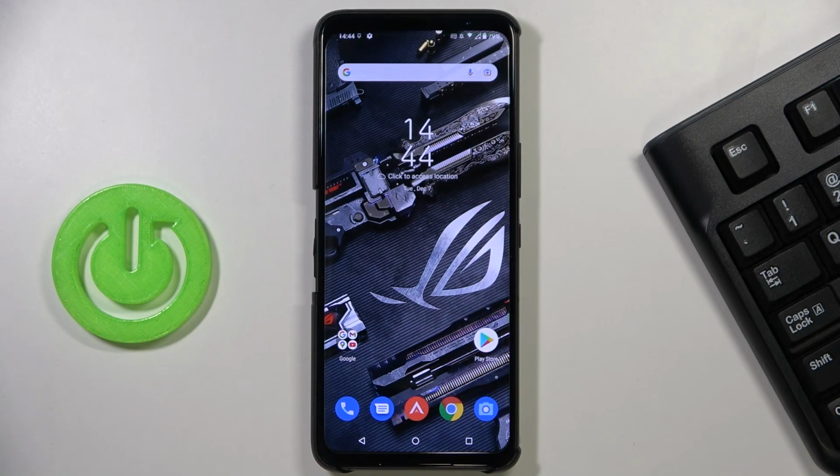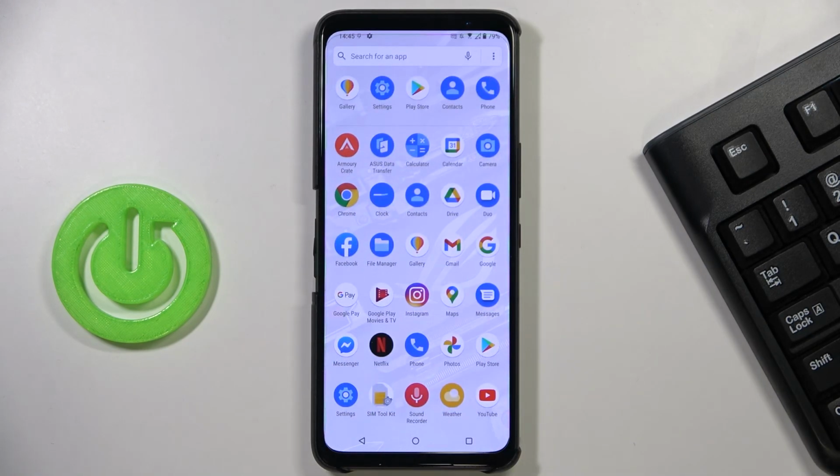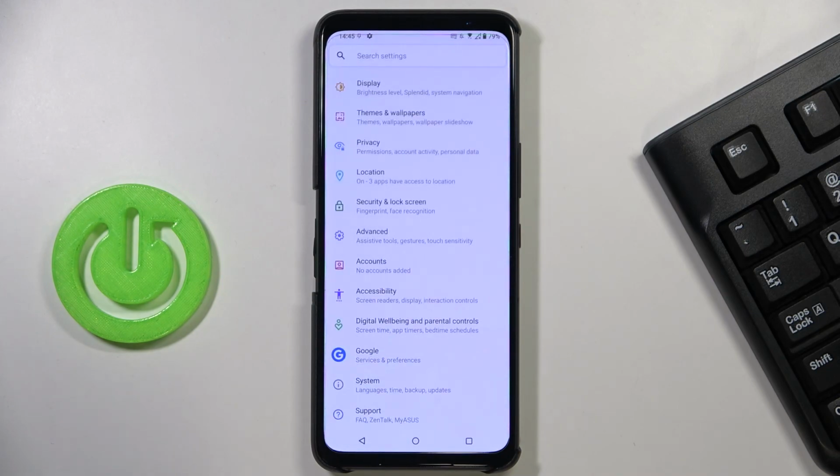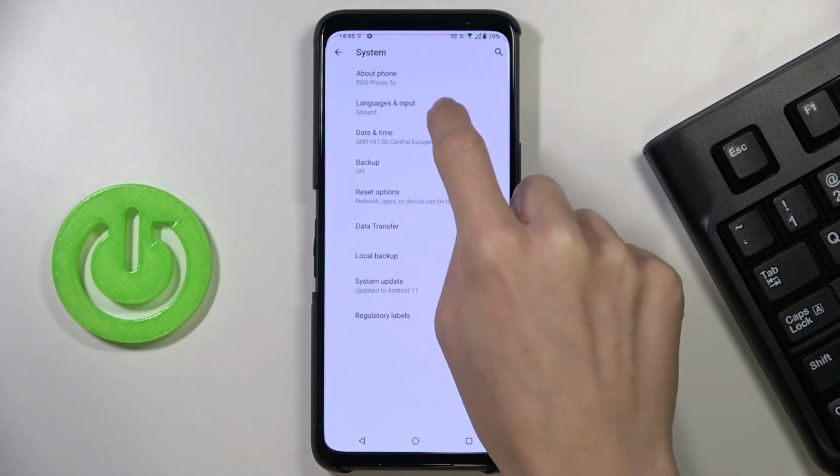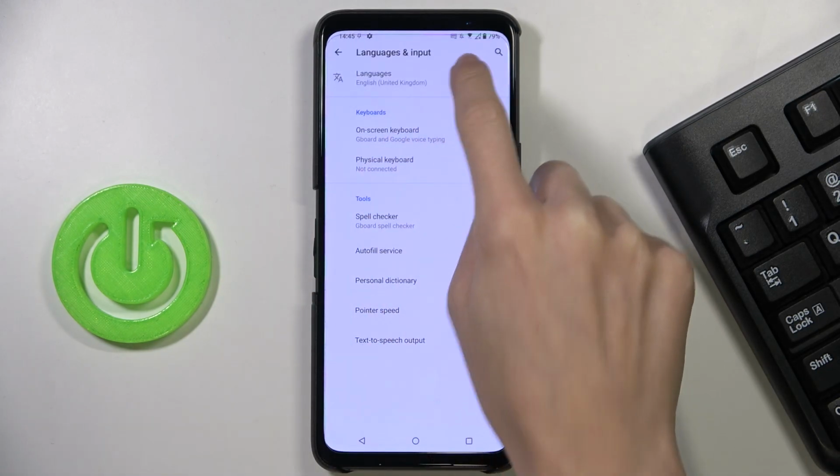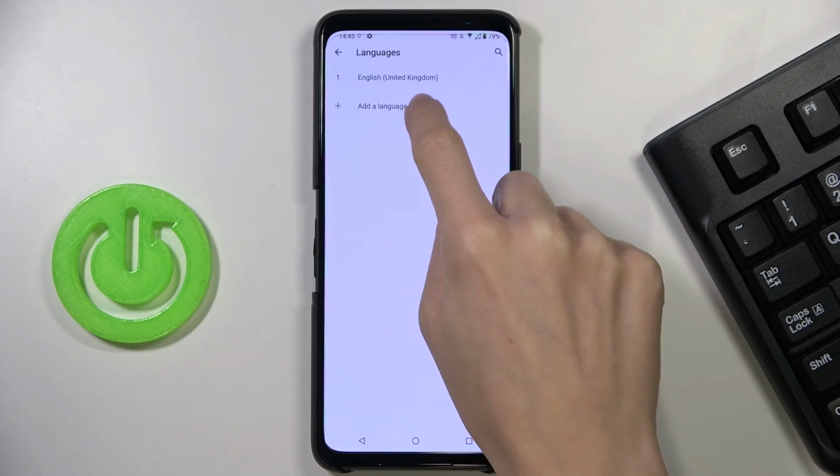Here I've got ASUS ROG Phone 5S, and let me show you how to change the language of this device. So first of all, you need to open the list of all apps, go to Settings, then System. Click on Languages and input, and pick Languages. And here just click on Add a language,